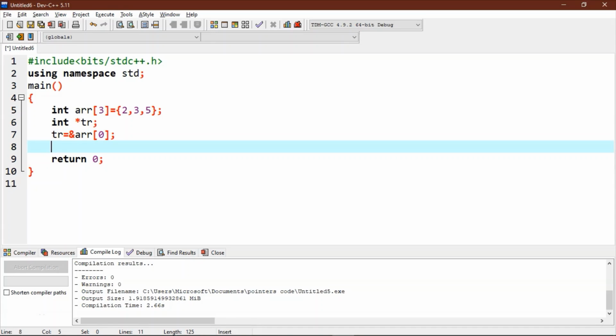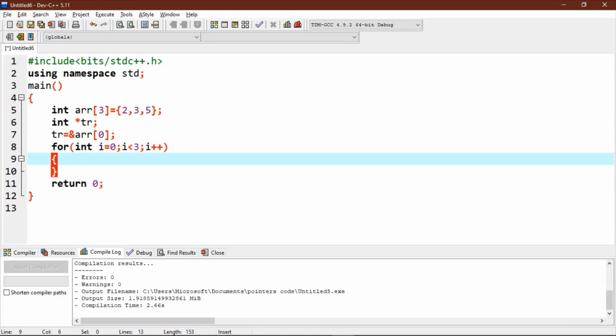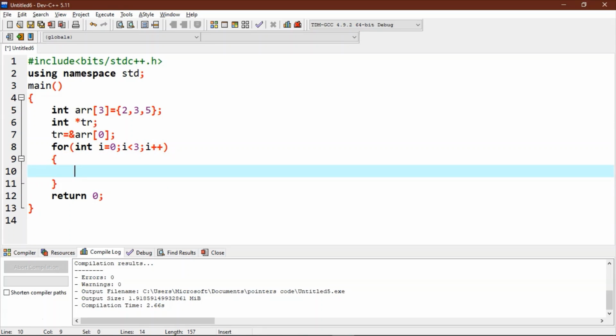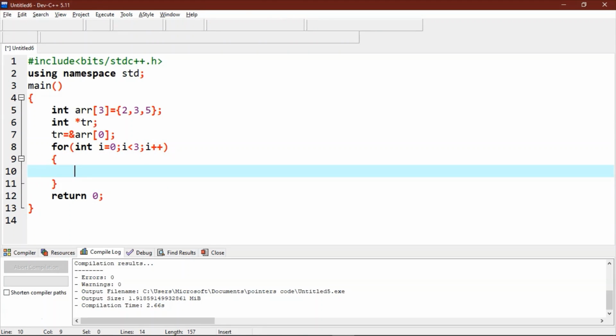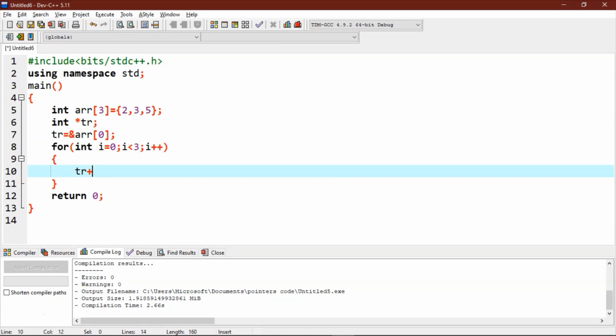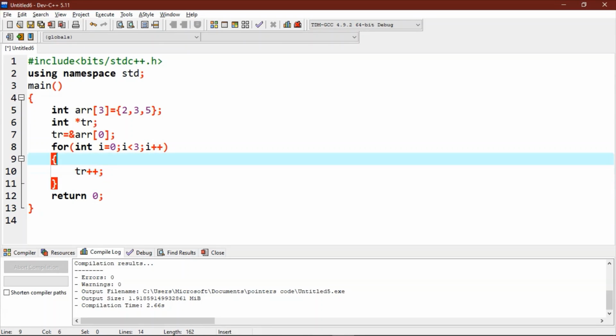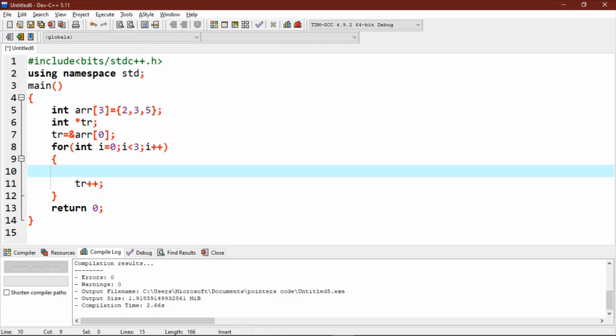Now let's write a for loop to traverse this array. In this for loop, we will increment a pointer's value and print this pointer's value to traverse this array.